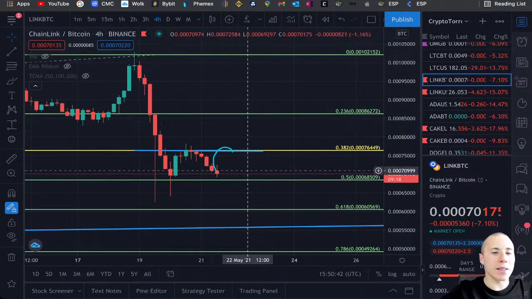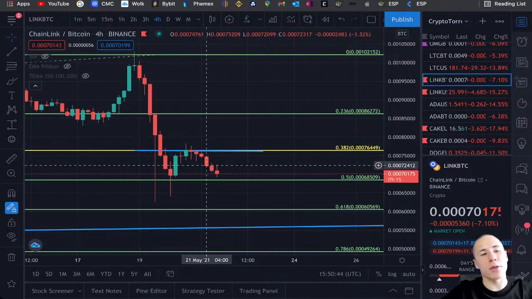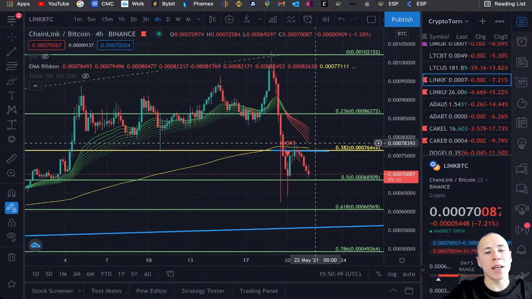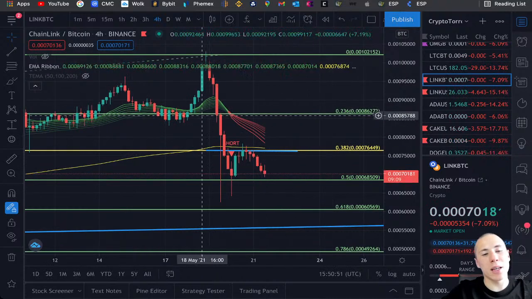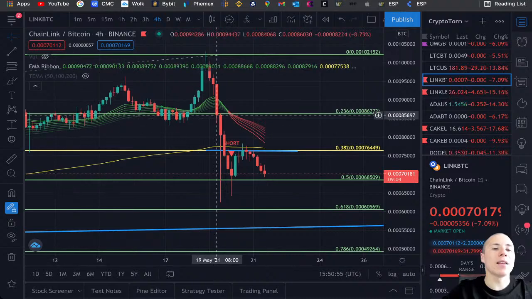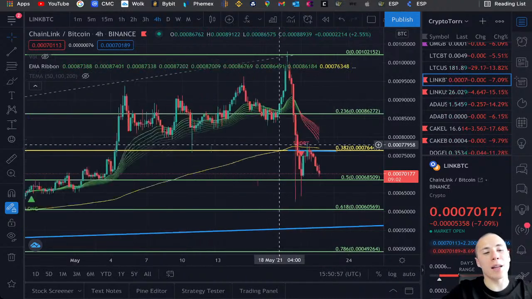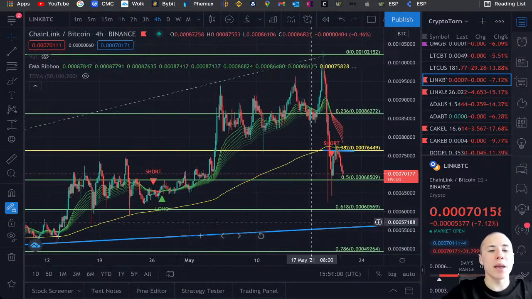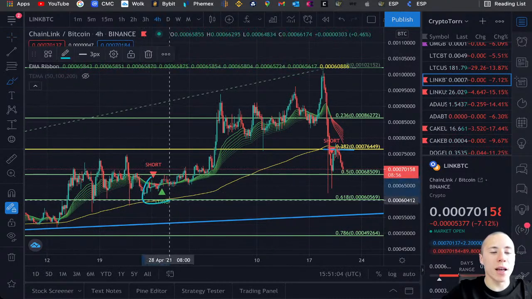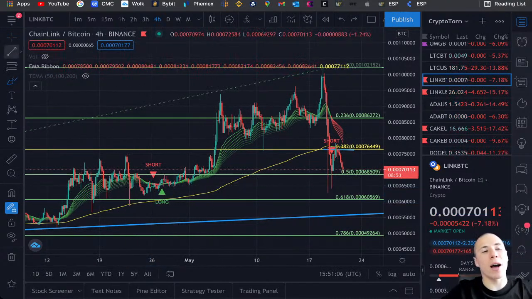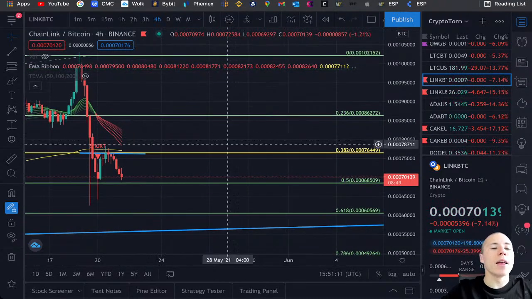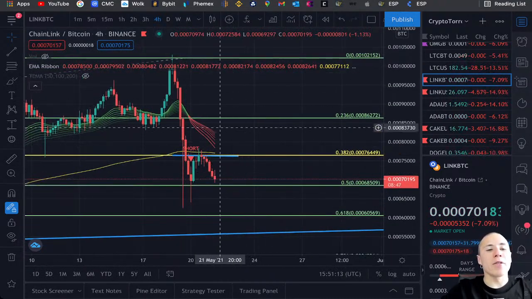But I still think this is something rather important to look at, and that is why I will be enabling the EMA ribbon as well. What we are seeing over here is that we are still seeing a lot of downward momentum on the EMA ribbon, that we just had the shorts taking over the longs. But as you can see in the past, this can be a short takeover of the shorts that could last several hours or several days,